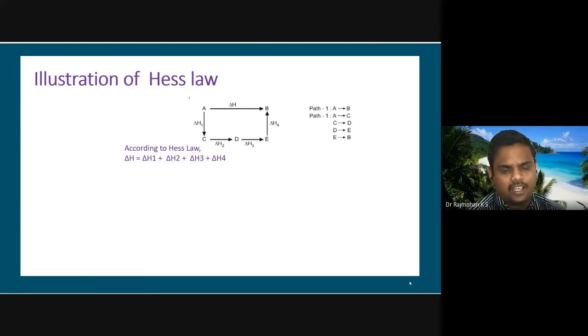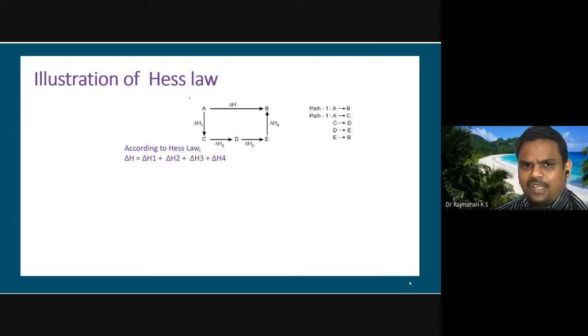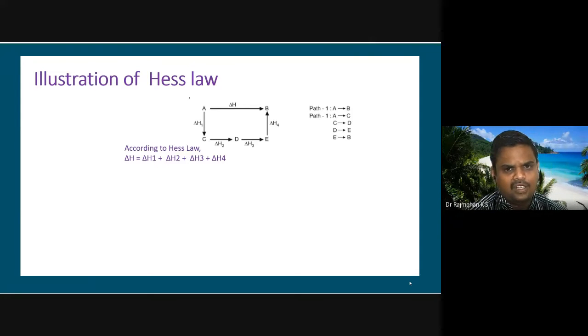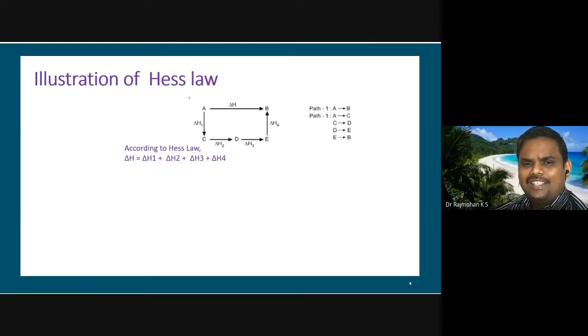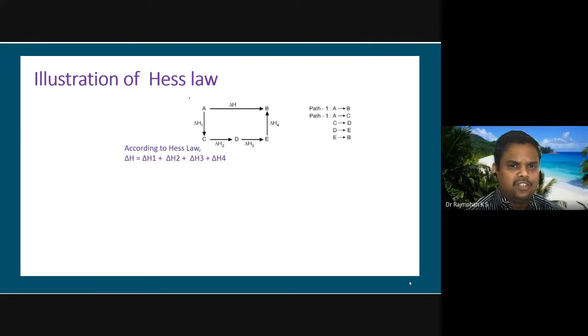Okay, but accordingly we are going to make use of the convention. We are going to use either a positive or negative sign. If it is positive, it is endothermic, heat is consumed. If it is negative, heat is to be removed from the system, that is an exothermic reaction.